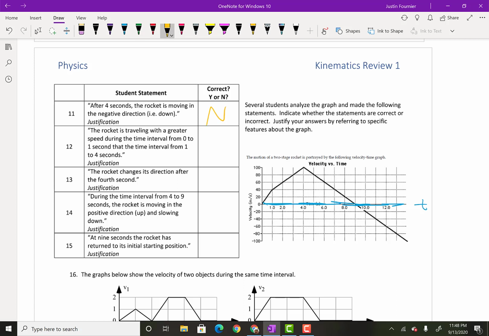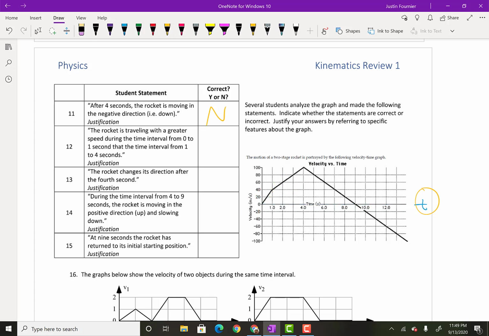Next up, the rocket is traveling with a greater speed during the time interval from 0 to 1 second than the time interval from 1 to 4. So here's 0 to 1. The slope is bigger than from here, 1 to 4. The slope is smaller. However, again, this is a velocity versus time graph. So in a velocity versus time graph, the slope is telling me about the acceleration, not the speed. So the acceleration is smaller here than it is here, but